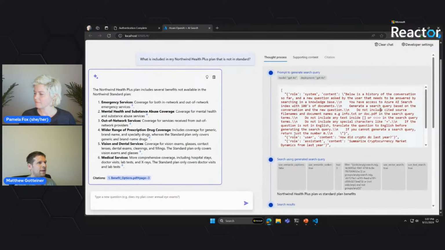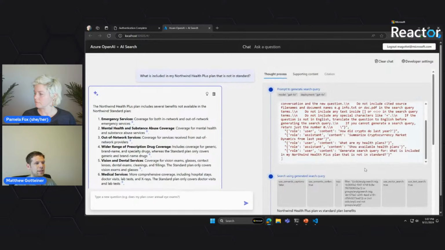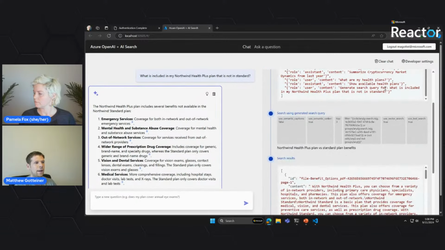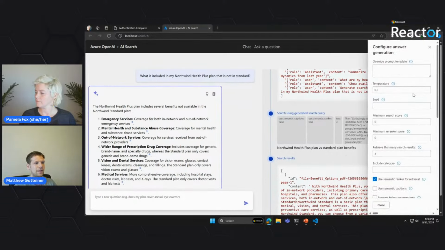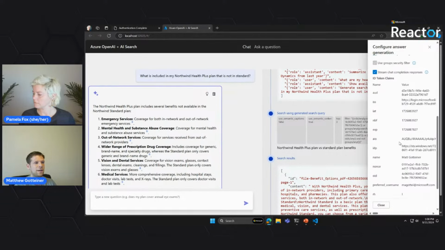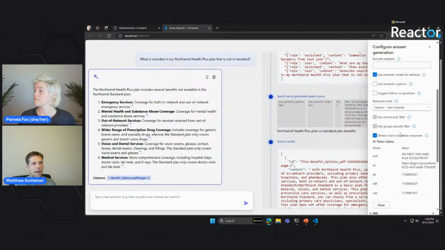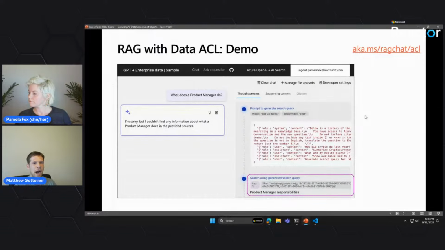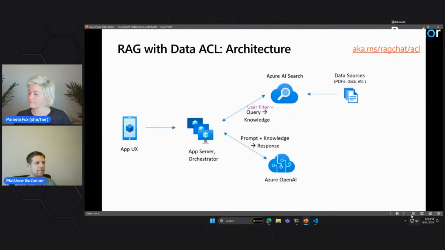So everything here is the same, but now when we ask the question, there are some additional components, namely something called a filter. And when I go into my developer settings section, I'm going to see a bunch of additional information that is essentially just metadata about who I am as a user. So really what we need to figure out is how we're going to take the same RAG application and add some additional filters to make sure that users can't see documents they're not supposed to have access to. So how does this actually work?